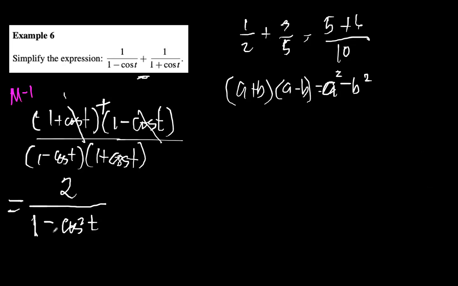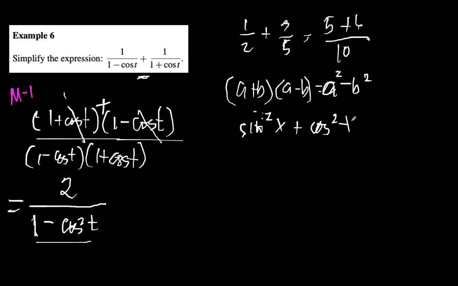Now, look at this. 1 minus cosine square t. Can we still simplify this? Or is there an identity that is equivalent to 1 minus cosine square t? Meron, guys, di ba? Yan. Yes, that's right. We have the sine square t. So, because we know that sine square x plus cosine